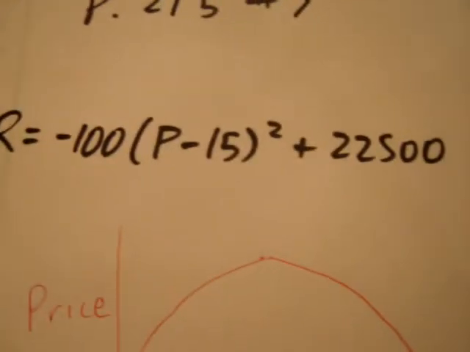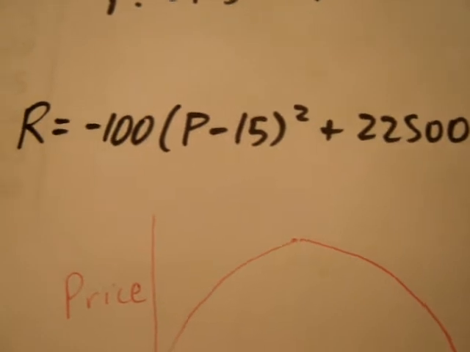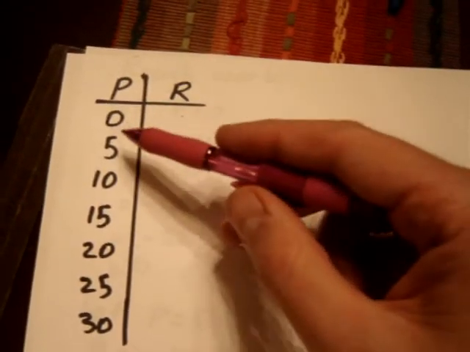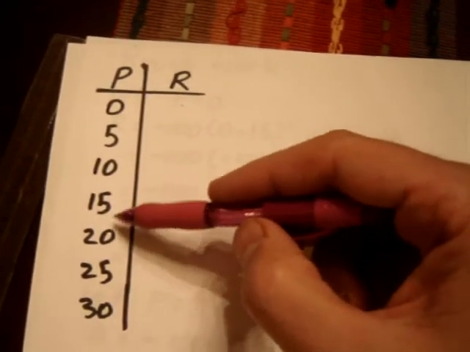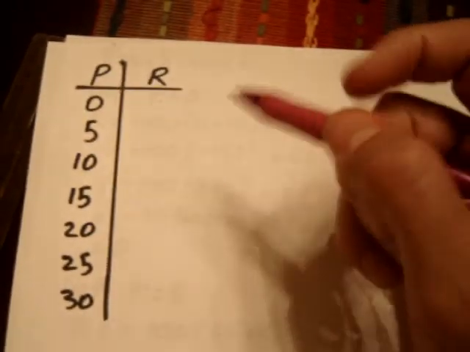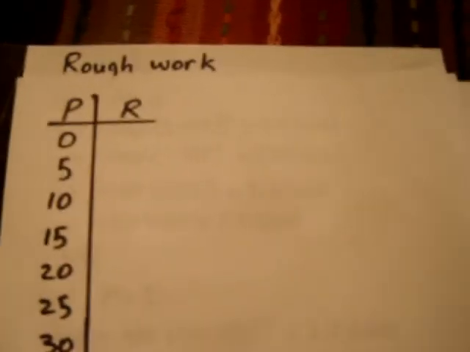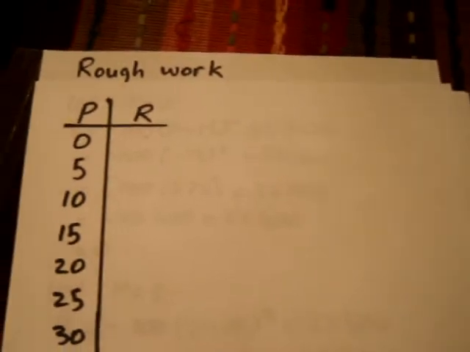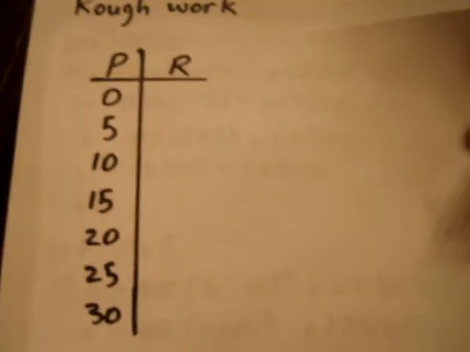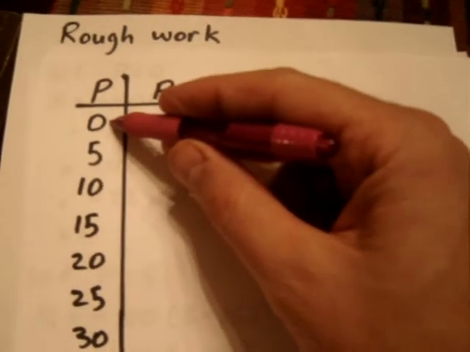So our question asks us in part A to create a table of values. So we create a table of values like this, and we say, well, what if we charge $0? How much can we expect to receive? Or $5, $10, $15, $20, $25, $30. We're not going to charge much more than $30 for a hockey game. It's not the NHL. So we then look up how much it's going to benefit them if they start increasing the price. So the first thing we do is we sub in a 0 for P to see what the R value would be.